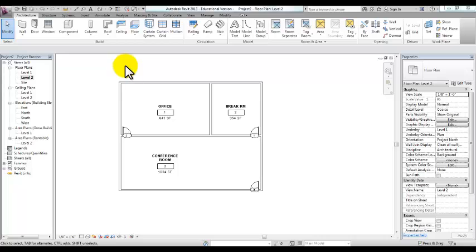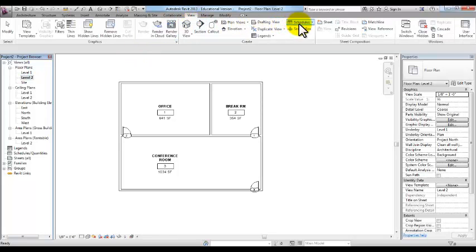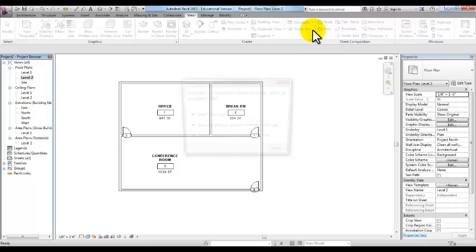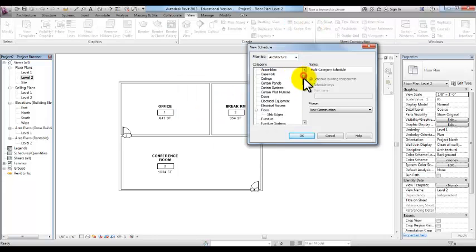Now let's create a room area schedule. We're in the level 2 of floor plan. We can go over to the View tab, and under Schedules, we'll pick Schedule Quantities. There are several schedules here that we will take a look at. Let's pick Schedule Quantities. We have several categories for our new schedule. We're looking here for the one called Rooms for the category, and we can change the name of our schedule to Room Area